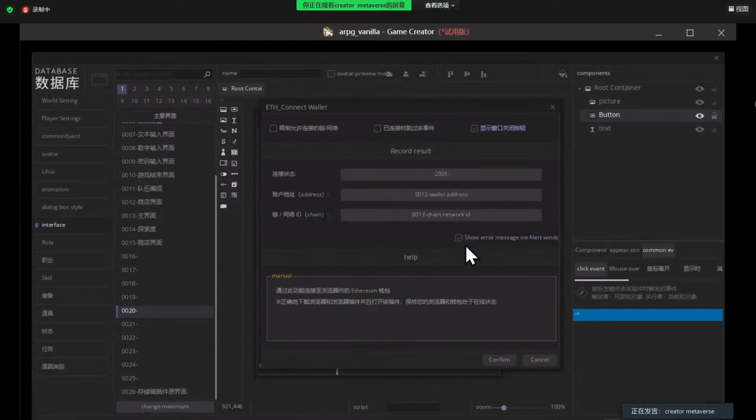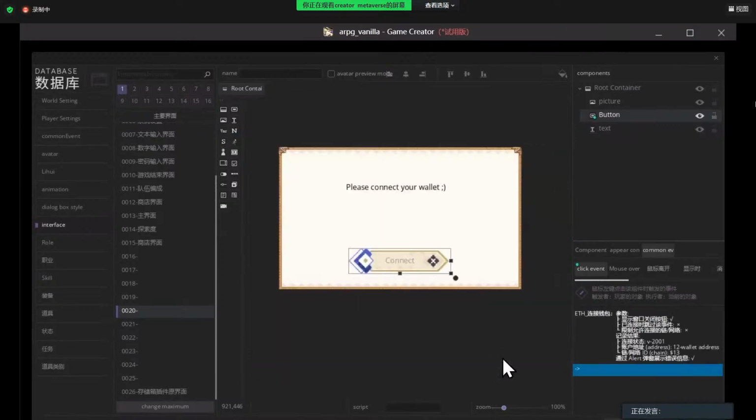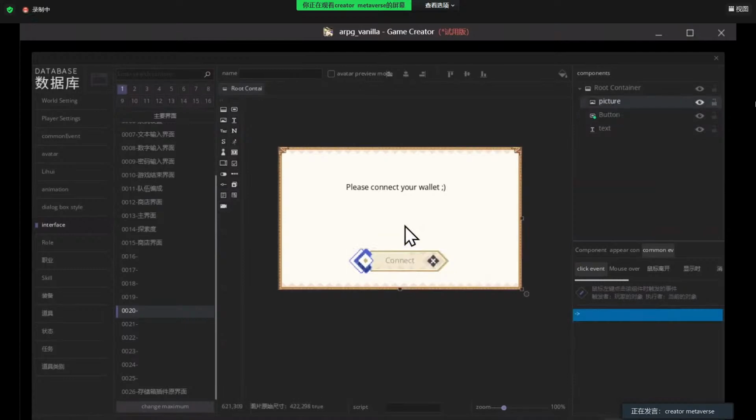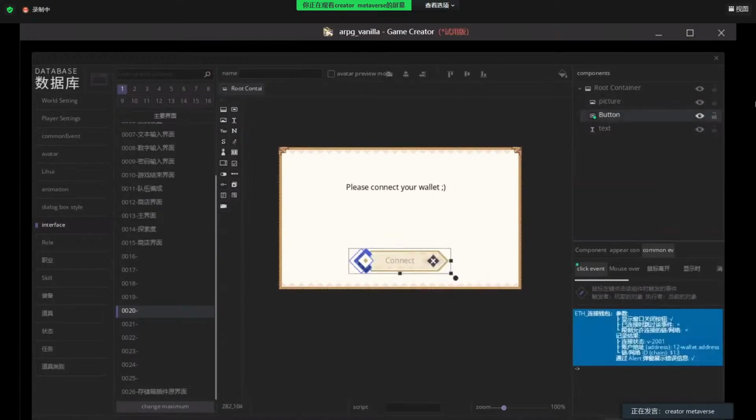It will show errors if something goes wrong. Click confirm. Now here it appears, all the parameters.